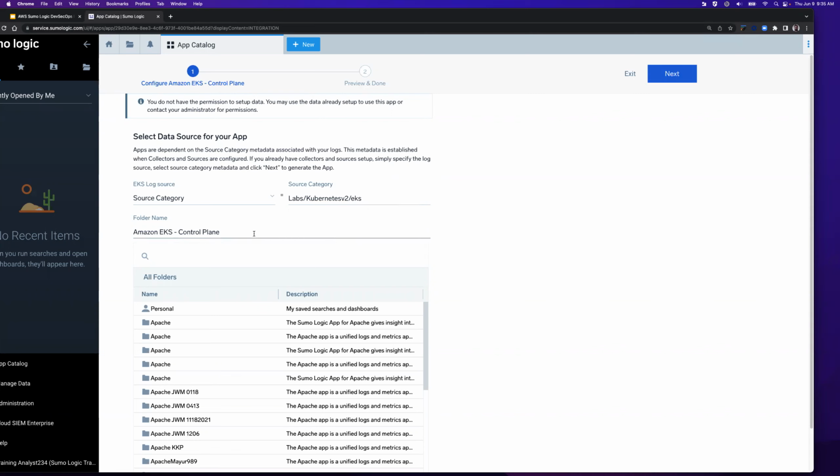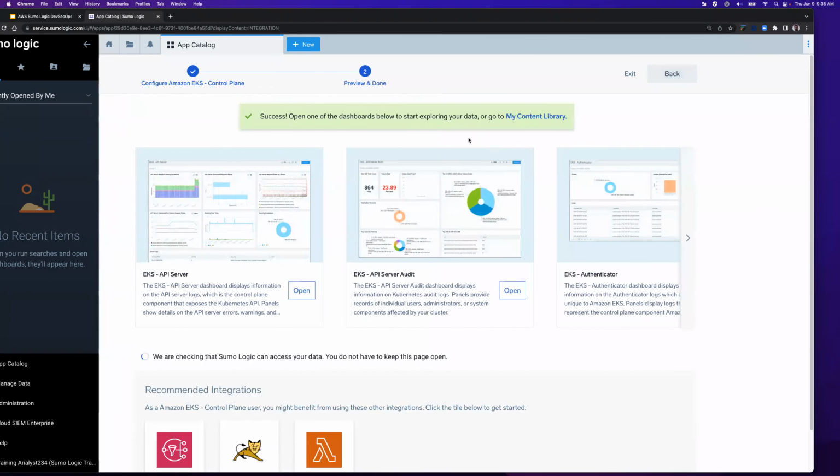The folder name, I'm going to customize here. I'm just going to add my initials, and I'd encourage you to do so. We have a small group, but if you're overlapping on your login accounts and you save it as the same name, there'll be conflict. So in this case, I'm just trying to avoid conflict. Then I'm going to click Next. And I should get a message that says success.